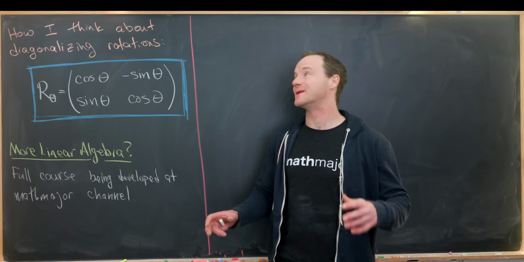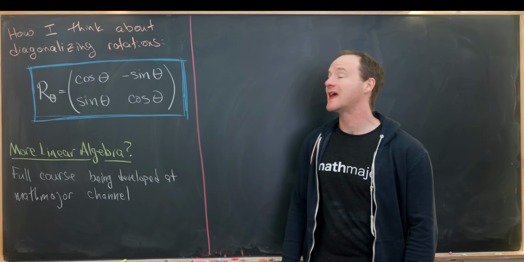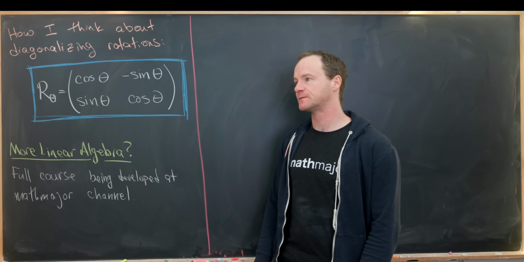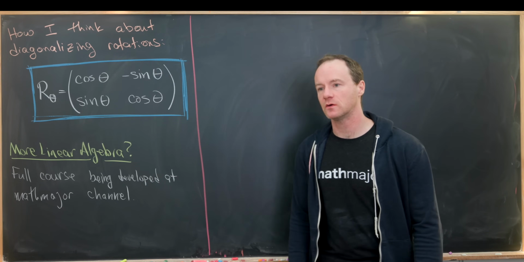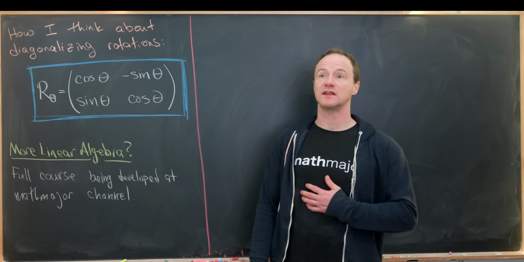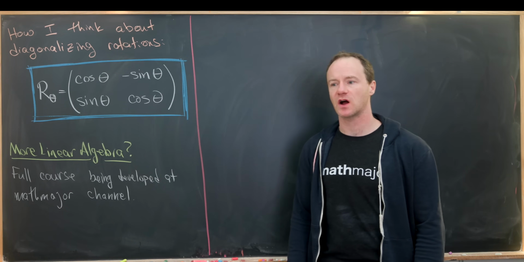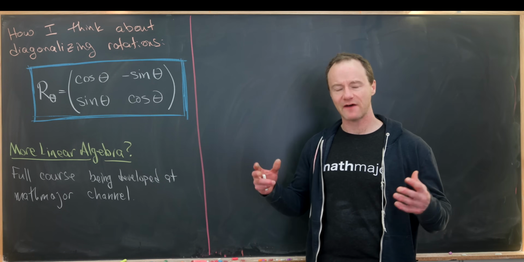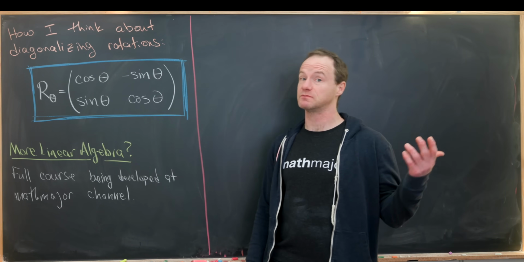Here I'd like to present my thought process towards the diagonalization of a rotation matrix. As you might know, or as we'll see in this video, rotation matrices are not diagonalizable over real numbers, but they are diagonalizable over complex numbers. And I think I have a nice way of visualizing that diagonalization process, which, like I said, I'd like to